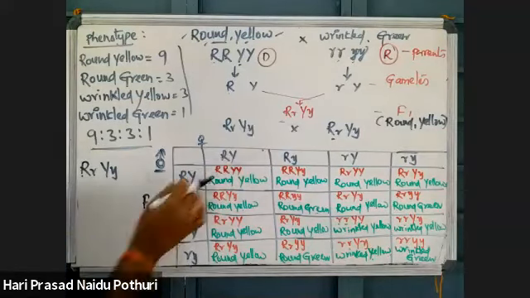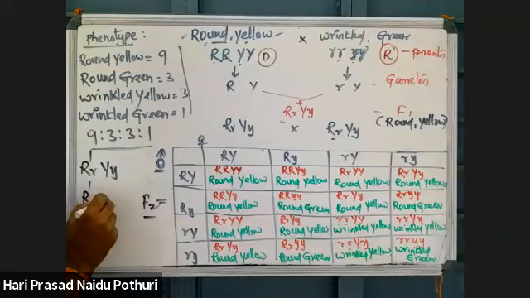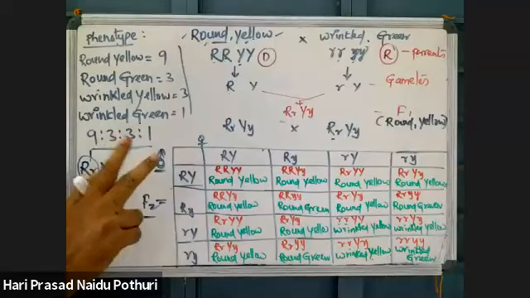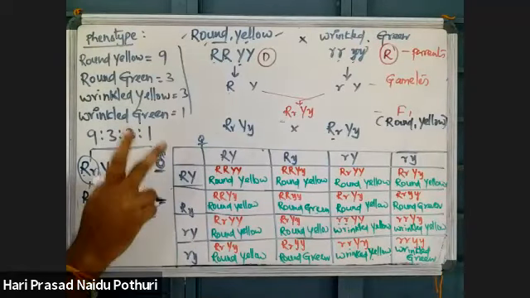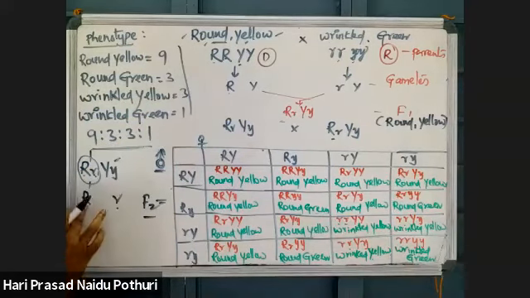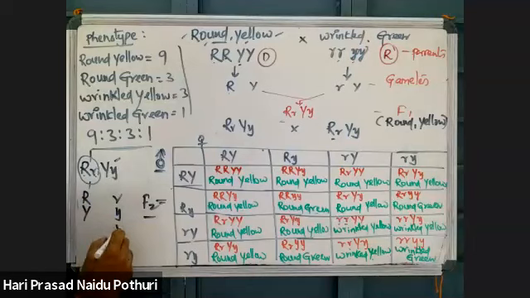Now how will gametes form? This same chromosome is haploid, capital R. This chromosome pair will separate, and the pair of alleles will be equally shared into two gametes. That is the law of segregation. Capital Y, small y is also shared into two gametes. Or it may share like this also, capital Y, small y.